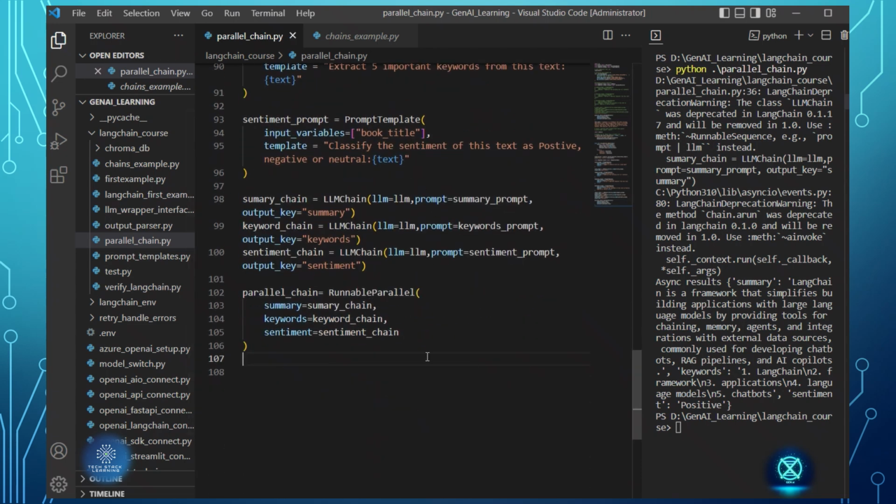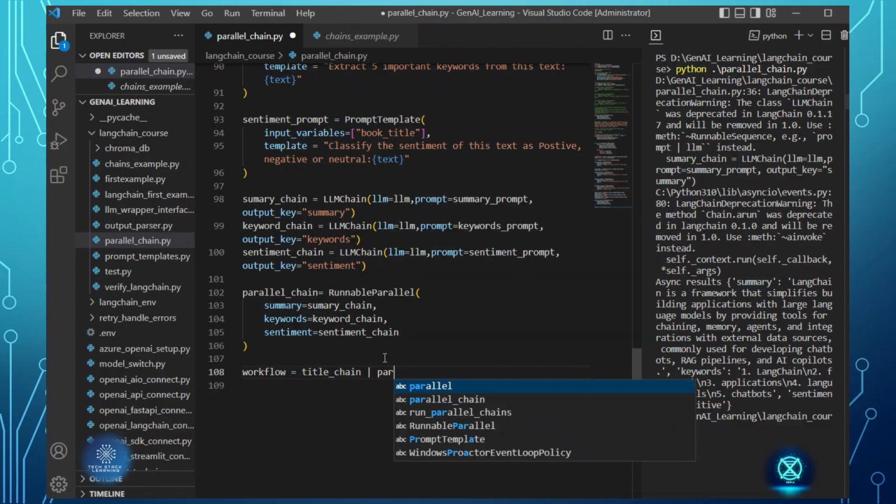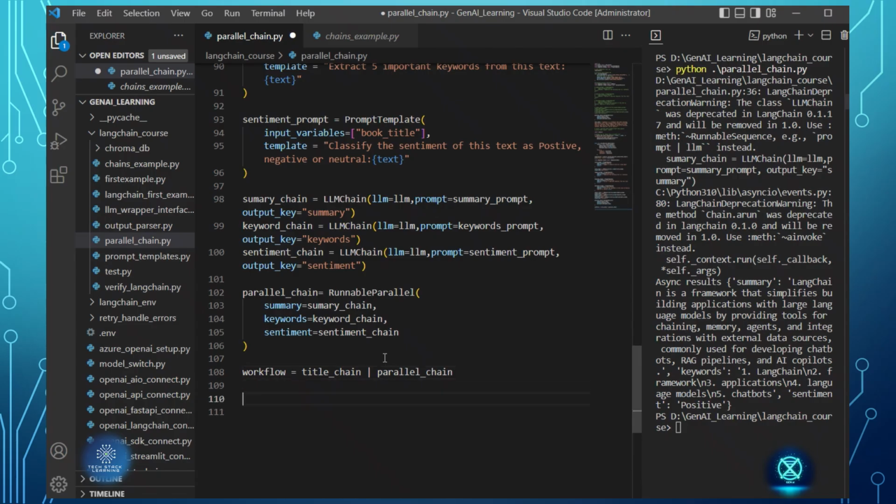And then I will be creating a workflow. This is basically using LCEL. In the older one we were able to create the sequential chain and then use it, but here we have to compose this workflow with LCEL. Title chain with the pipe symbol, then parallel chain. So result will be workflow dot invoke of topic